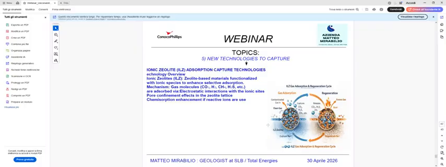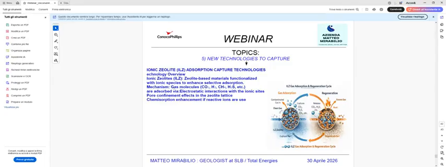Ionic zeolite adsorption capture technology overview. The ionic zeolite-based material functions with ionic species to enhance selective absorption. So this is a scheme of gas absorption, the IZ gas absorption and regeneration cycle. You can separate with this different types of ions, flare gas ions, or clean gas, and the